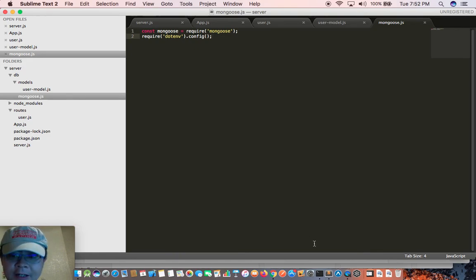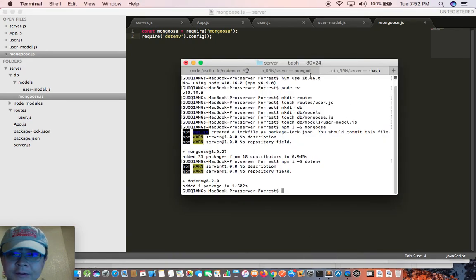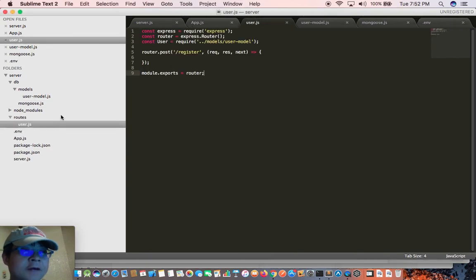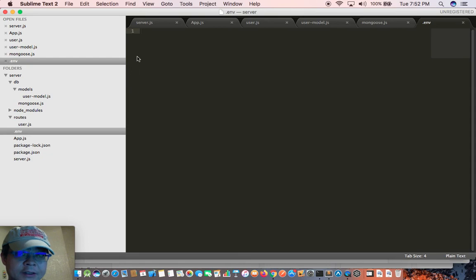At the same time we need to touch a .env file under the server folder, and in this env file we need to define the database name for this project. So in this env we're going to have db url equals